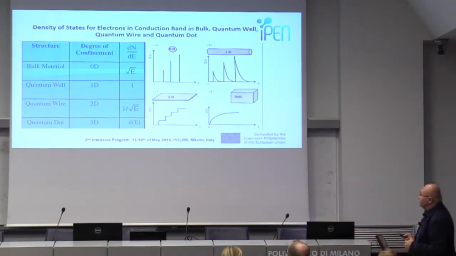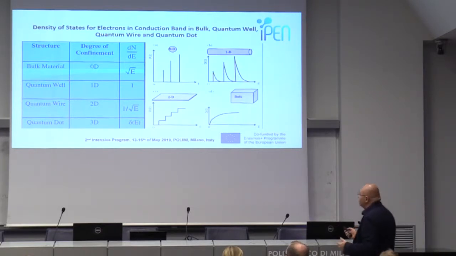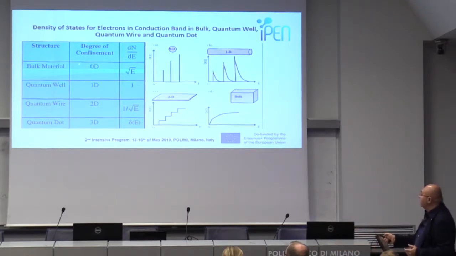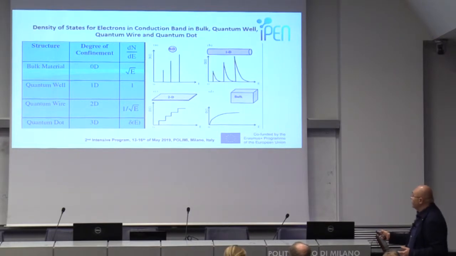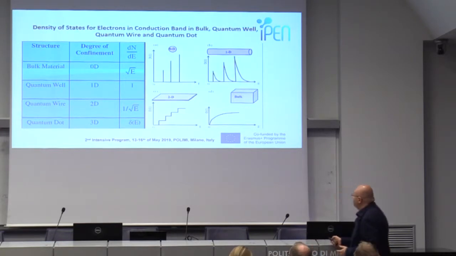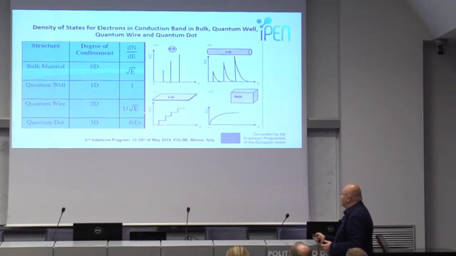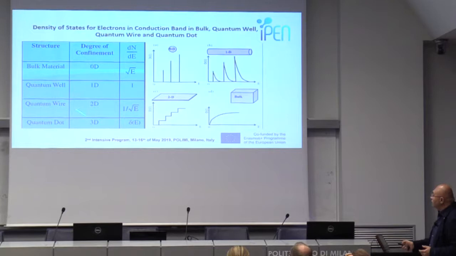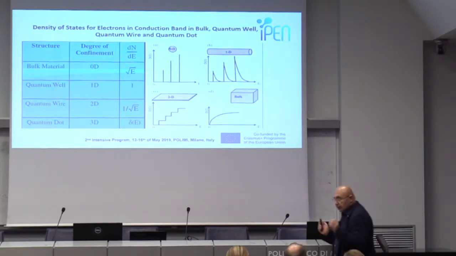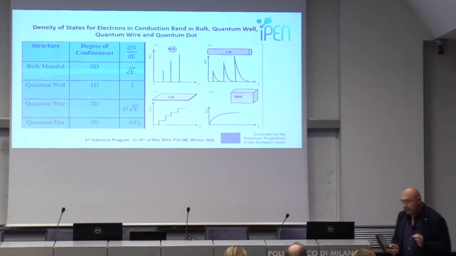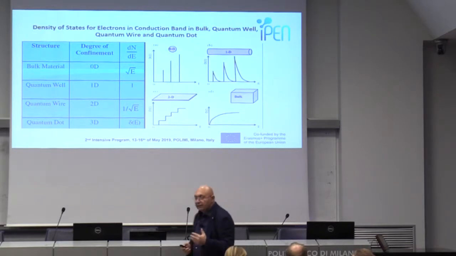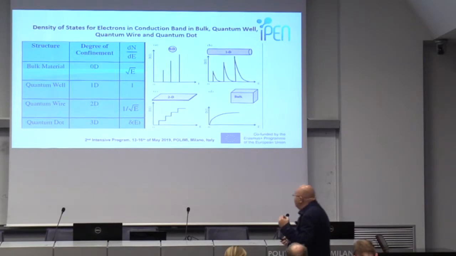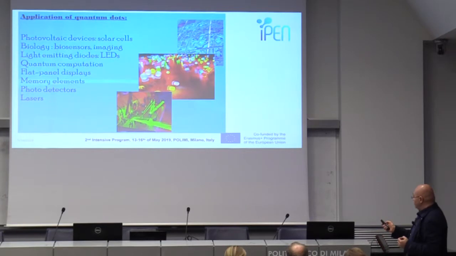You know from different courses on semiconductor materials and maybe courses related to lasers that in bulk material, the density of states is proportional to the square root of the energy. In quantum wells, it is a step function. In quantum wires, it's 1 over the square root of E. And in quantum dots, where we have strong confinement in all three directions, the density of states is delta functions. This is the reason that the synonym for quantum dot devices or quantum dots is artificial atoms. And why? Because the structure, the dense